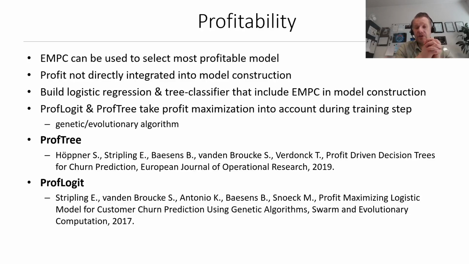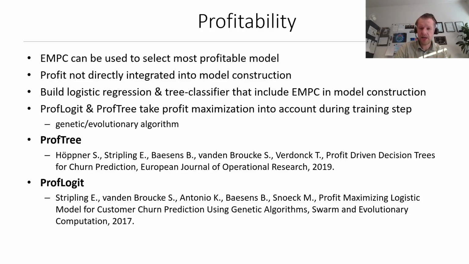ProfTree is an extension of decision trees, which is optimizing profit rather than minimizing impurity based upon gain, entropy, Gini, chi-square statistics, and so on. Likewise, we have developed ProfLogit, which is directly optimizing profit rather than some rather meaningless maximum likelihood function. You can find the links to both publications right here. And if you're interested, I also wish to add that both ProfTree and ProfLogit are available in open source format on GitHub. So if you just Google them, you will find R and Python scripts